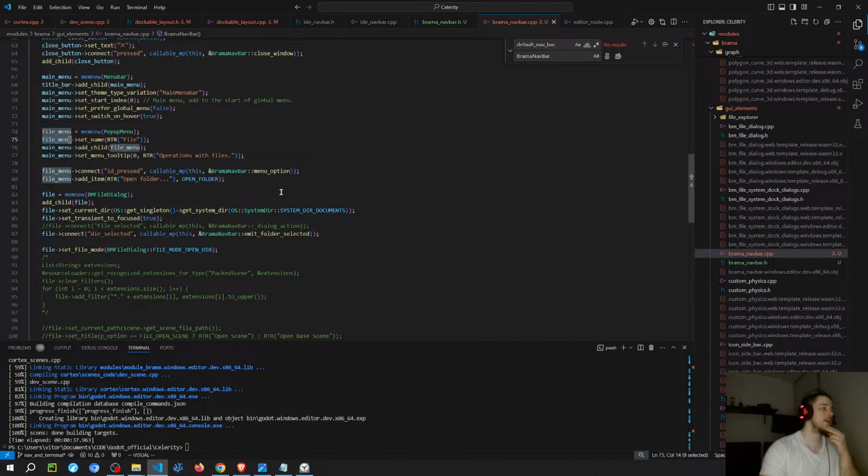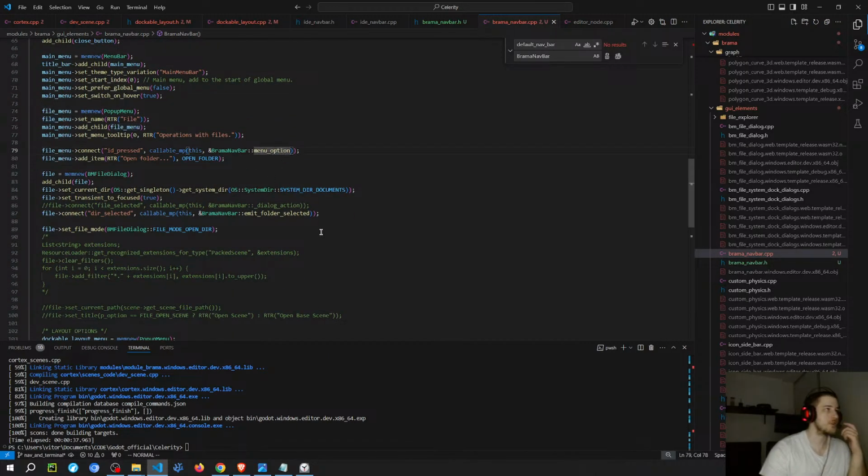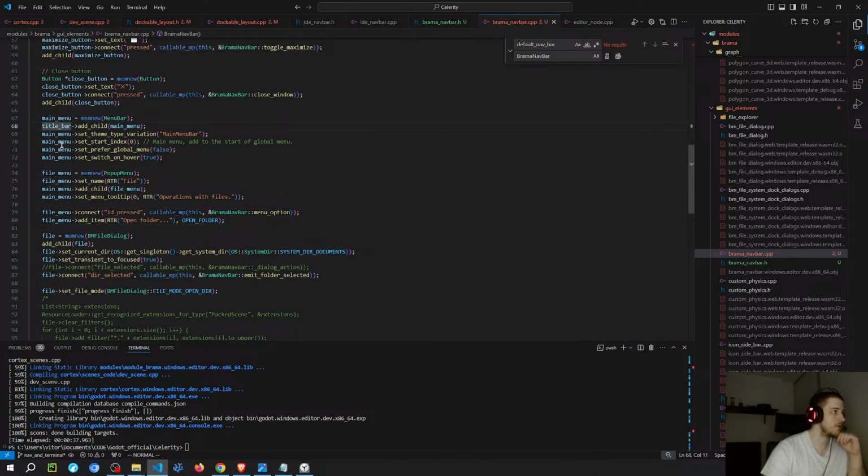I could create a hash map for the menu bars and then go over each one. So I'm thinking about how to generalize this function here. So if I do a hash map on this,